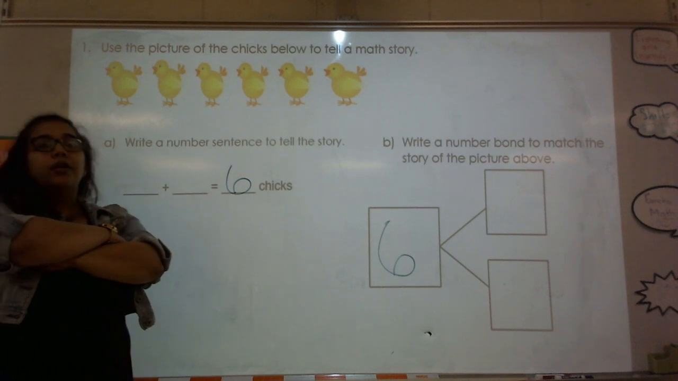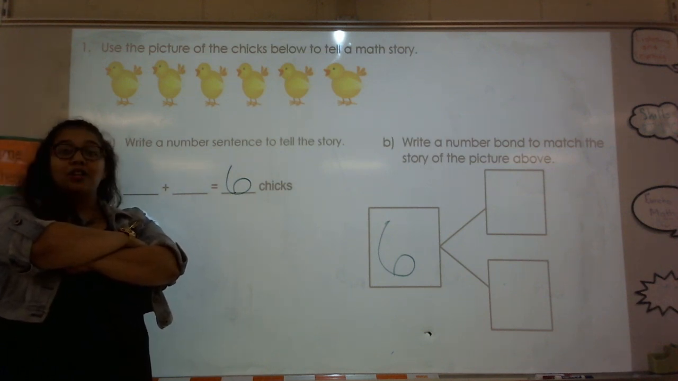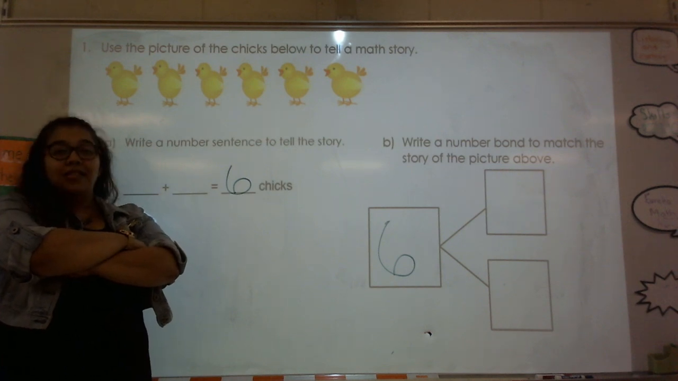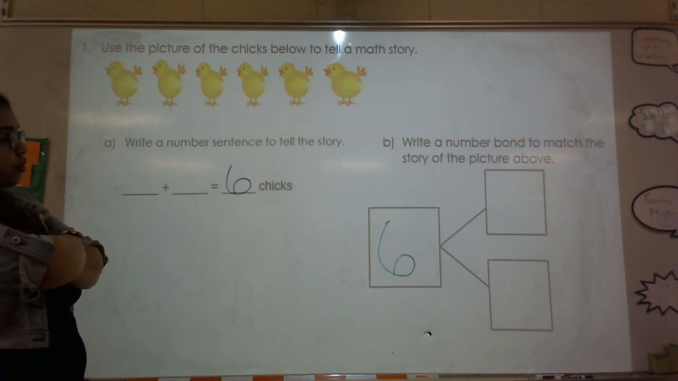Is there only one right answer? No. Any way in which you can add to make 6 could potentially be the right answer. Let's choose a grouping that we want. If I were to tell you that